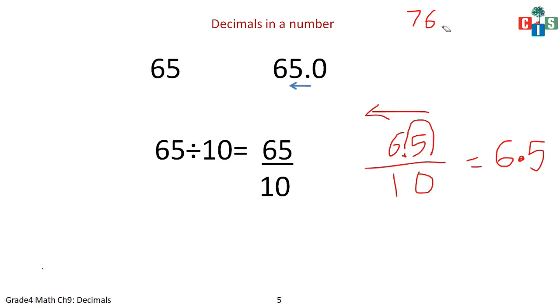The decimal point for any number will be next to the number. So it will be here. For 76, the decimal point is here. Okay. Now, when I divide this number by 10, or when you perform division, the decimal point will shift to the left. As it is the 1 0 here, it will shift one step. So my answer here would be 7.6.